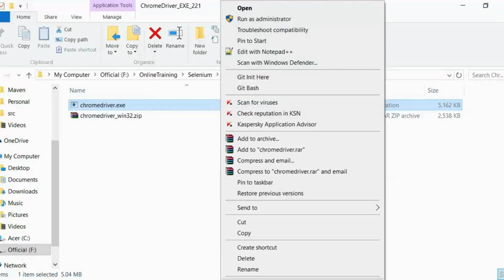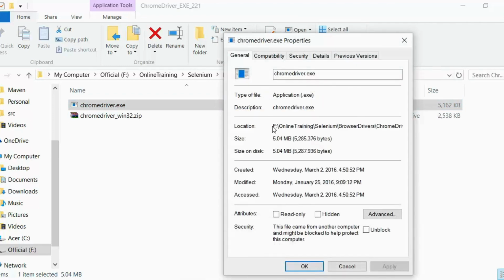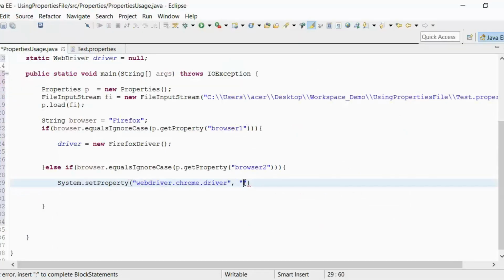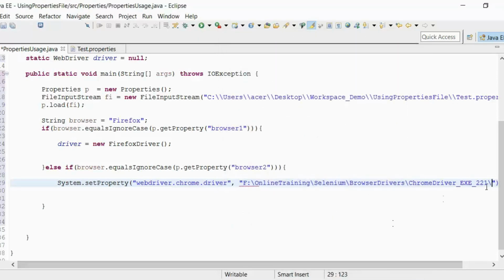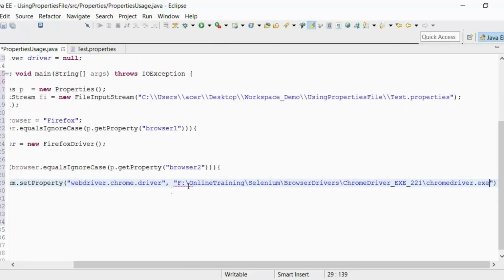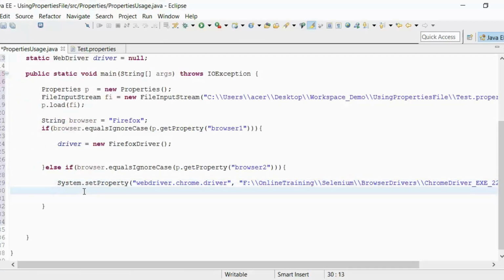So right click, and this is the path. I'll copy this path and paste it out here. At the last I'll put a backward slash and the value of the chromedriver exe as it is. Come out here and paste it. Eclipse understands double backward slashes or single forward slashes to define the path. So change it to a double backward slash. Done. After that you can use driver is equal to new